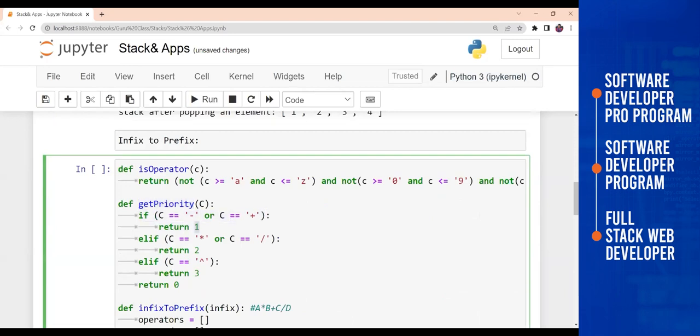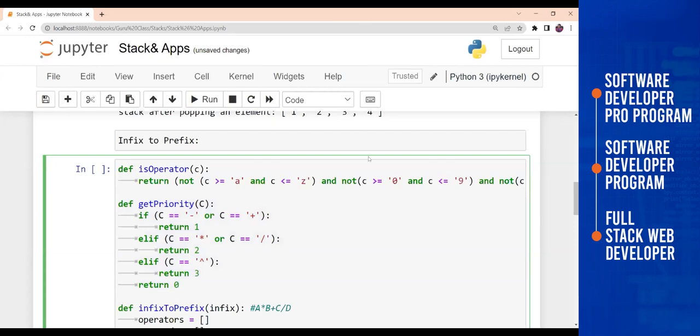We are just setting the priority. That's it. Okay. Now it is multiplication and division. Then it will set the priority as 2. And then if that is an exponential, we will set that to 3. That's it. So this is how that particular point, which I explained in the presentation in a very theoretical manner, right? That entire concept is shrunk down into these 5 lines of code.